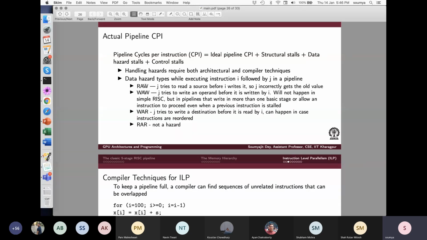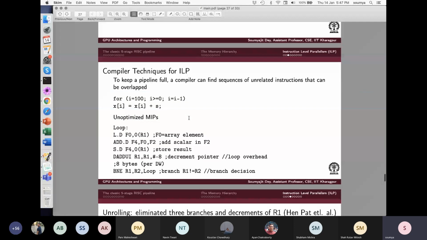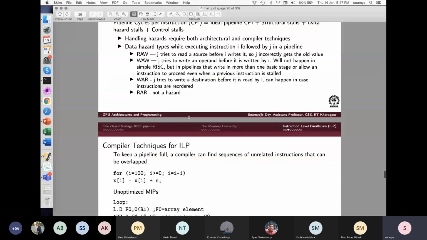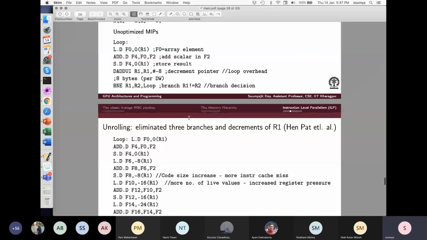So when you are calculating the cycles per instruction executed by the pipeline, you have to consider the ideal CPI, which is 1, and add the different stalls that will come due to structural hazard, control hazard, and data hazard, right? In general this is going to disturb what we call the instruction level parallelism that we have, right? So there are several interesting techniques that people have figured out for increasing the parallelism of executing instructions, or ILP. And we have given some examples here, right?